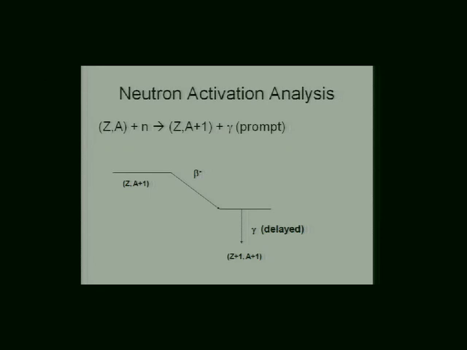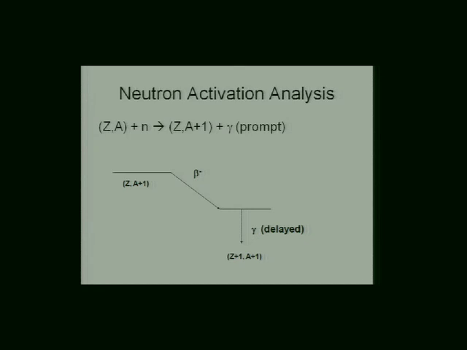So let me just remind you of the idea of neutron activation. You have a target, Z and A, and you add a neutron to it. So you don't change the Z, but you increase the number of neutrons by 1 unit, and so the A goes up by 1 unit. And gamma rays are produced when that happens,